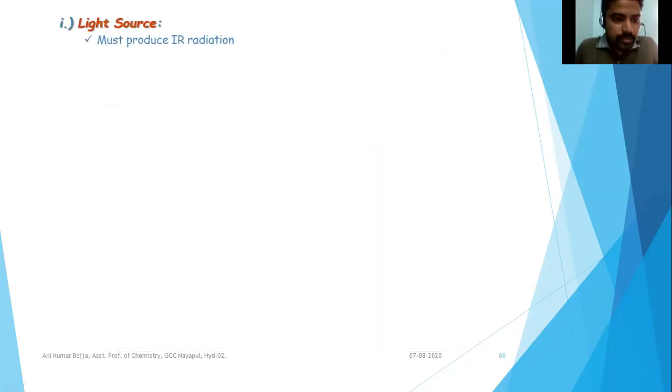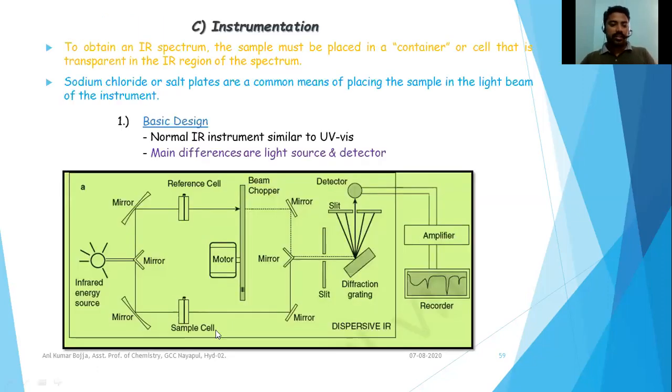Very good. Now let us discuss the light sources. What kind of light sources have to be used? See here, this is the instrument. The reference cell is equipment that has to be incorporated inside the instrument, and even mirrors and the diffraction grating. All this equipment must not interact with the infrared region of radiation.